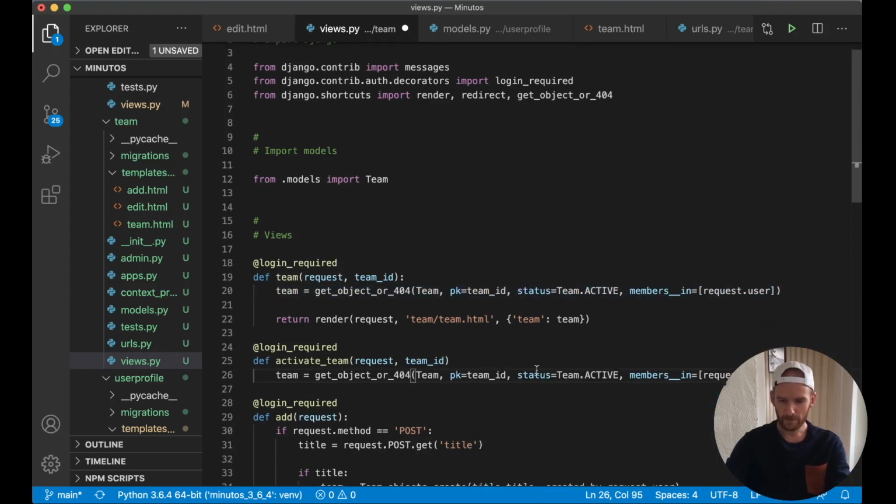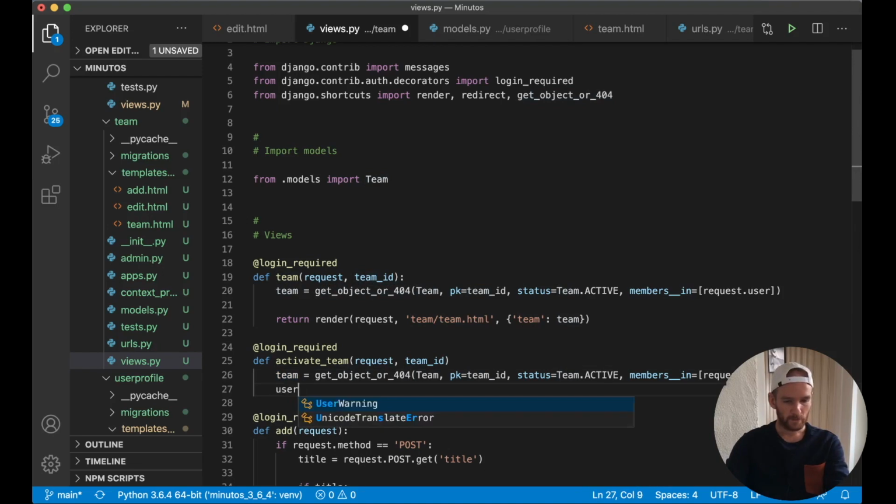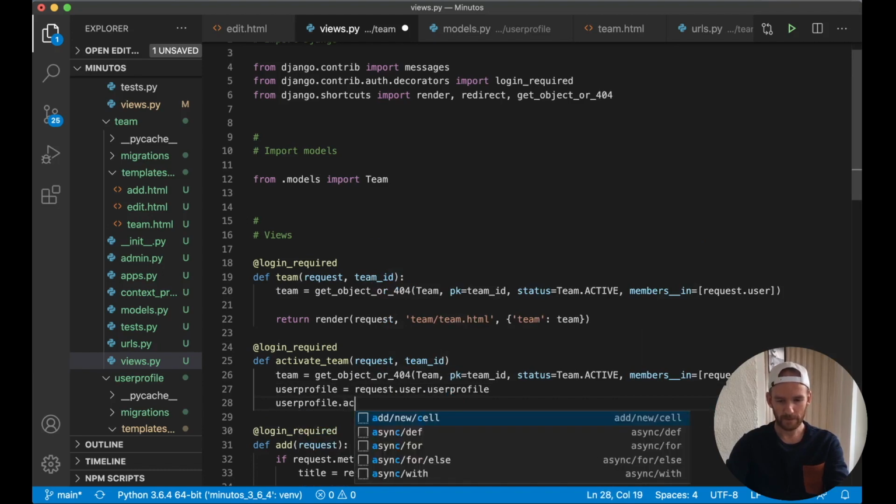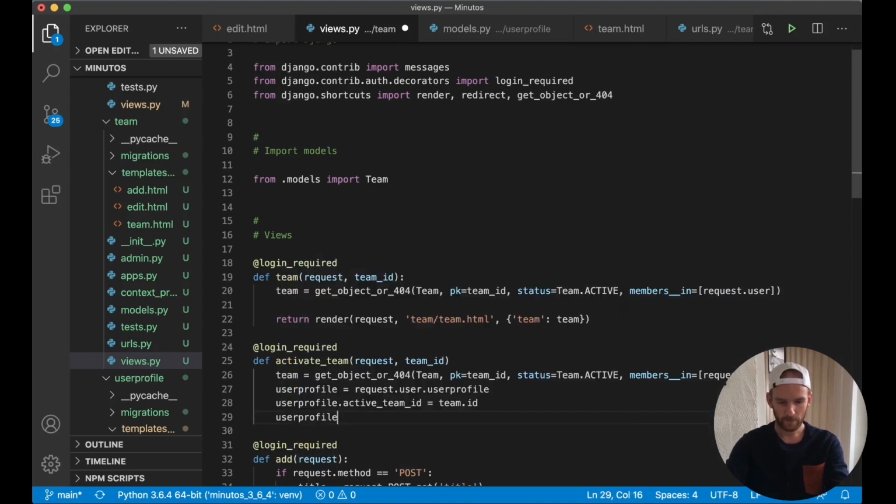So now we got the team, so we're getting a 404 error if the team doesn't exist. Then we can just say user profile equals request.user.userprofile. userprofile.active_team_id equals team.id. userprofile.save, and then